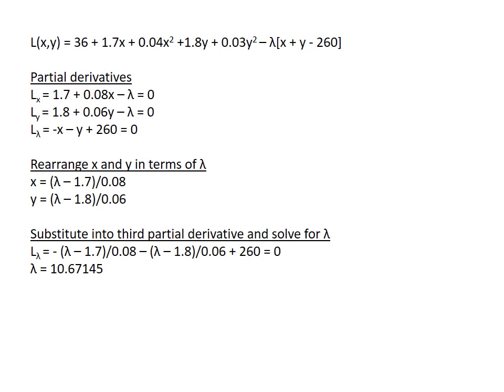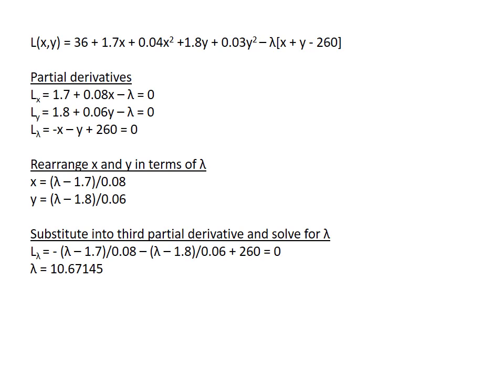So we're taking those partial derivatives with respect to x and y and rearranging those equations so we get x on one side of the equation and everything else on the other side. So we can define x and y in terms of these numbers, but also lambda, and we can plug those values for x and y into the third equation,